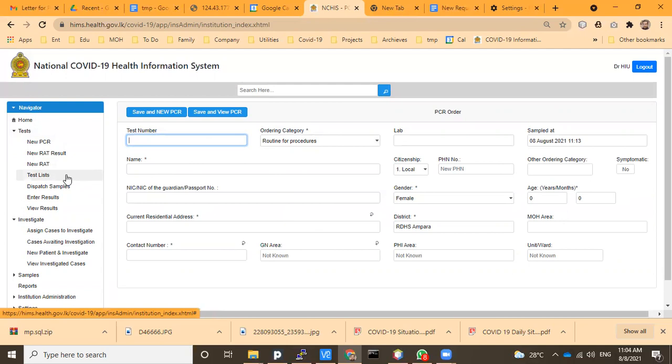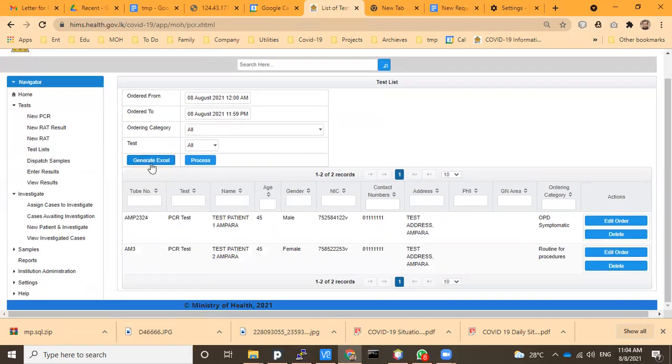So if we give them the authorization and create an account for that person, maybe an on-call person or somebody, they can still add this. Then I don't have to get them down and add. Then we go to the test list and generate the Excel and send it with the sample list.